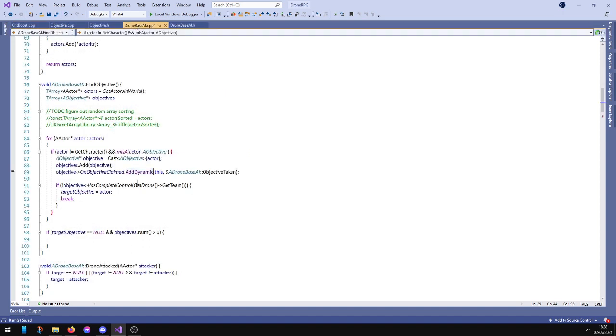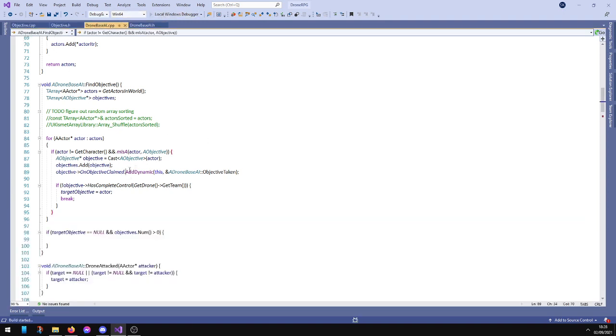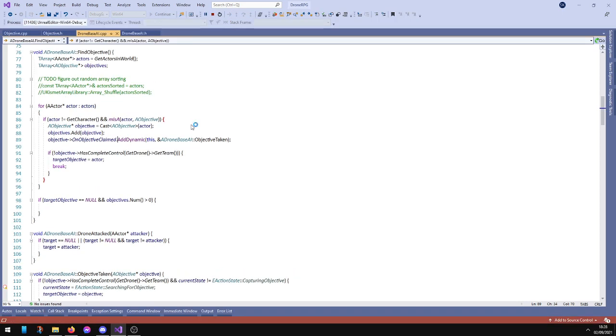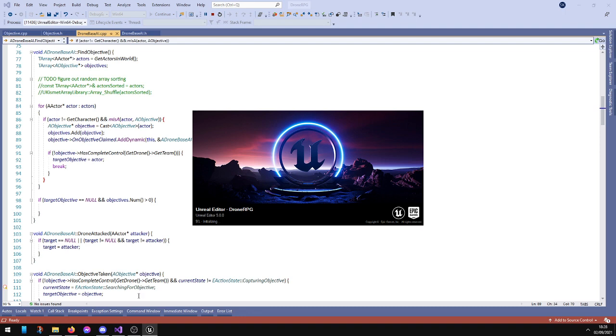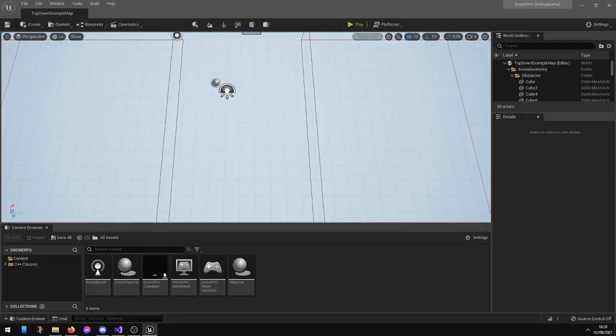Just copy and paste it. Oh, I spelled it wrong. Well, there you go. I still don't know why it's not auto-completing that, but whatever. So we've got a debug point into here. And hopefully...